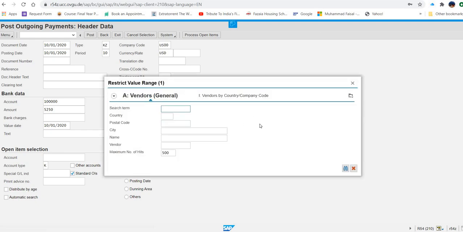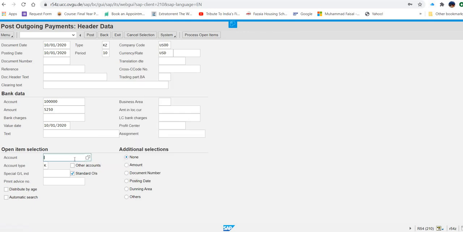If you are a little bit clever, instead of going for the search, put the vendor number that you have used. Remember, it was 101 500 for me. For others, it will be different, like 101 501, 101 502, 101 510. So be smart. Instead of searching, you can put your number, 101, and this will be replaced with your GBI number, as we have found this vendor number in our first step.